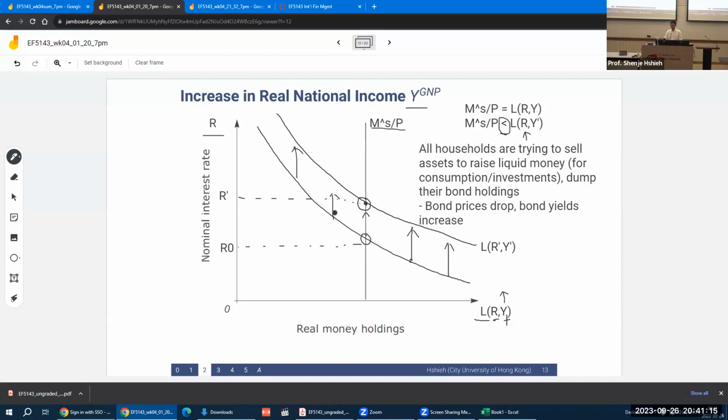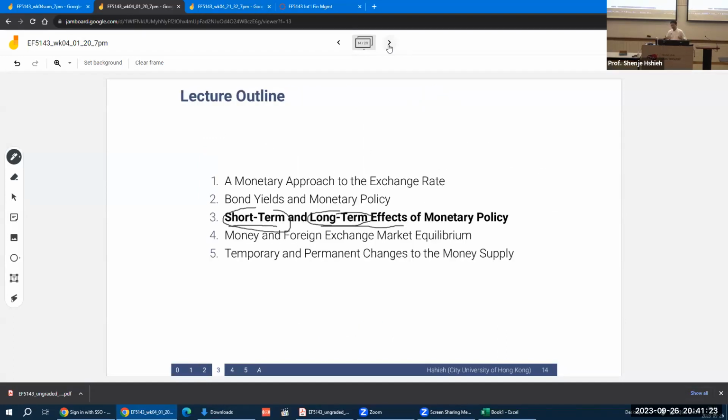And that analysis I did for you for an increase in Y, you should walk through yourself when there's a decrease in Y. What I'm going to talk about now is if we change MS. This is something that should be obvious, right? Because the money supply, money creation and money destruction, essentially, can only be conducted by one financial institution in every country, which is the central bank. It's called the Federal Reserve